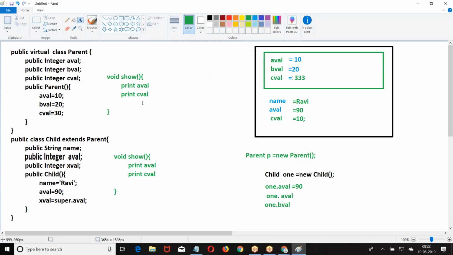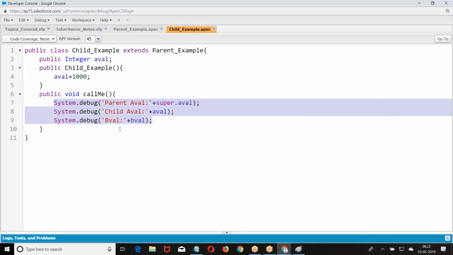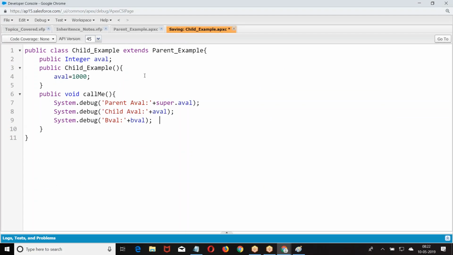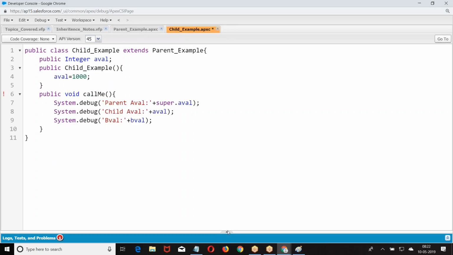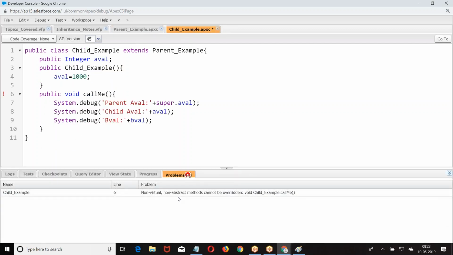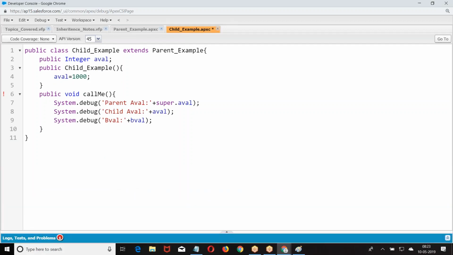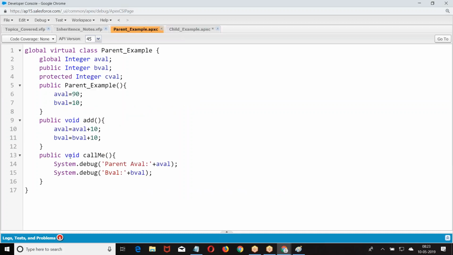Now, when you want to define a method in the parent class, and in the child class you also want to define one more method with the same name. If there is already a method in the parent class with the name show, in the child class I cannot create a method called show. Let us see. I am trying to save it. Now what is it throwing? Already in the parent class we have show, and in the child class we have show. You cannot override. The child class cannot redefine the method with the same name that is defined in the parent class. If you want to override,